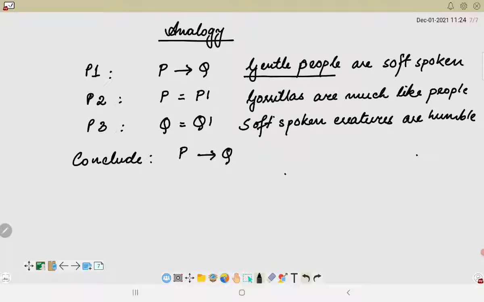So here we will conclude that P1. Okay, so therefore we can conclude that